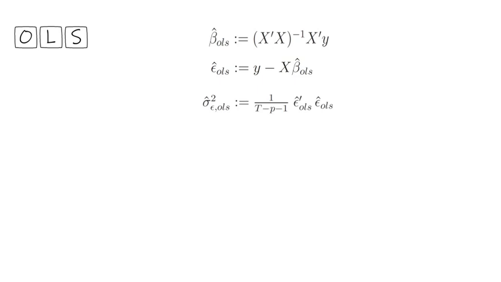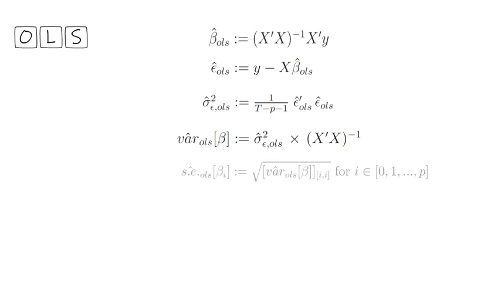Now let's go to the precision. Now every estimate itself is a random variable. If you change the sample, you change the estimate. Now a notion for the precision is given by the variance term here. So the estimated variance of your beta estimate is nothing else than you take the variance of the residual and multiply that by x prime x to the minus 1. Now that will give you a matrix.